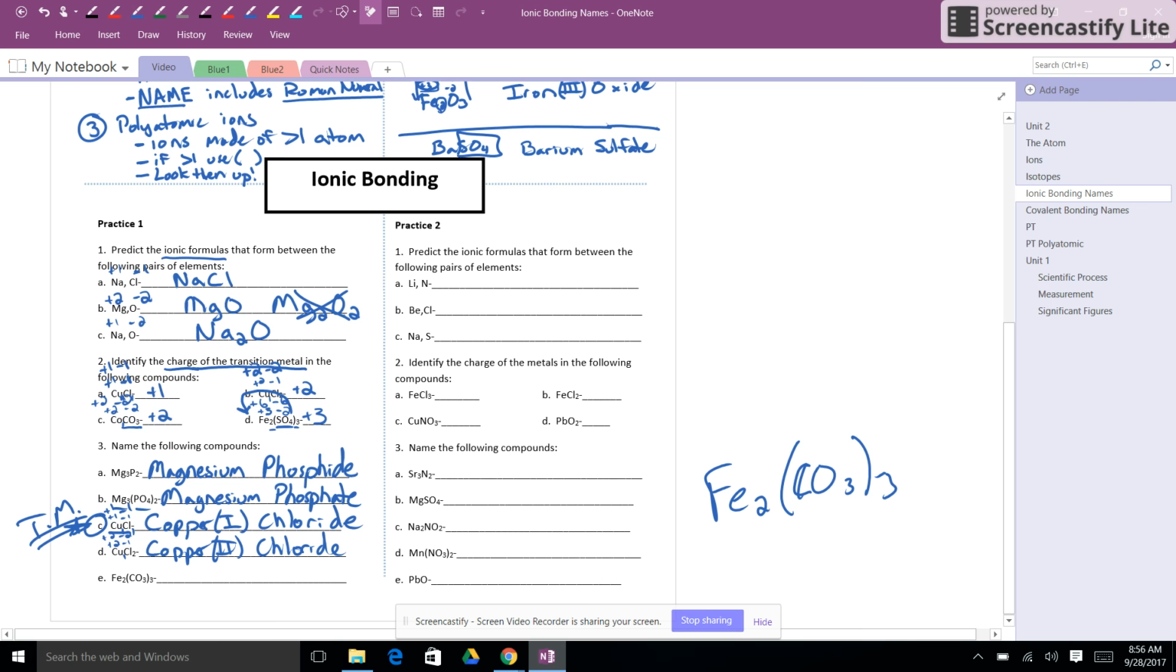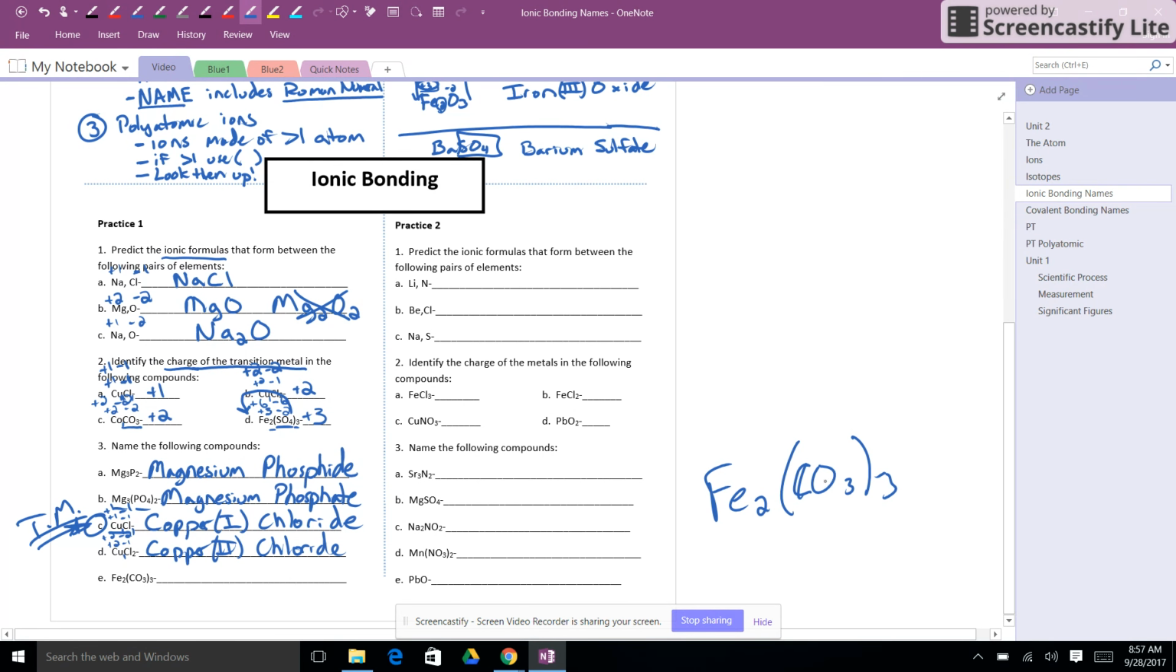So we stopped and left off in the last video with the iron carbonate, and since I was kind of in the middle, I'm just going to start this problem over again. So we look at this compound Fe2CO3. Now when we have the transition metal in the compound, I'm going to encourage you to always start by